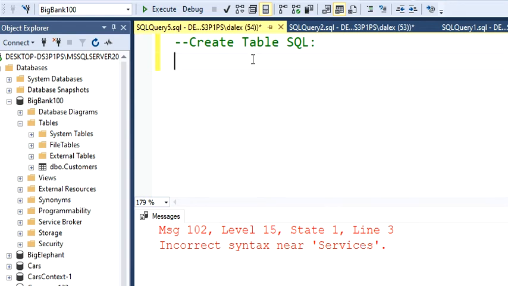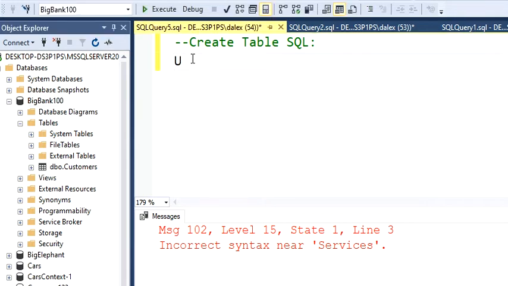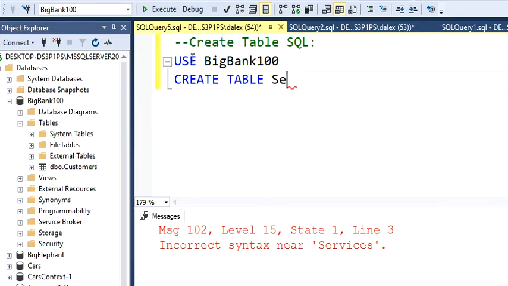This is Dimitri. I'm going to show you how to create a table in SQL Server. So let's start by creating this table in this database. It's going to be called Big Bang 100. So I'm going to use our Big Bang 100 database, and then I'm going to create my table. I'm going to tell SQL Server to create a table, create table, and then I'm going to assign a name. So let's call this services,